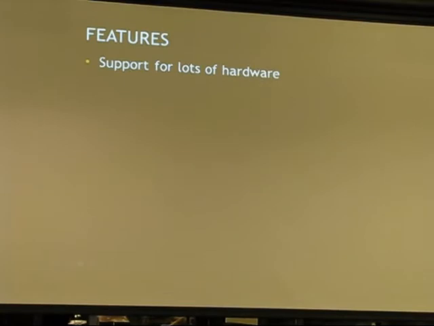The main features of RDS, and it hasn't evolved a lot. There has been some evolution over the last 5 or 6 years with it, but it's largely the same product that came out a few years ago. So support for lots of hardware. I'll show you this. This is an important piece of it, right? The idea that I can use iRobot Create, I can use a Lego NXT, I can use a Parallax robot. All of that support comes out of the box with RDS.